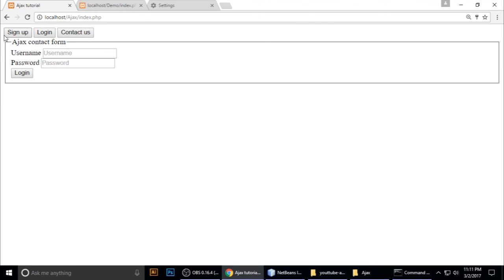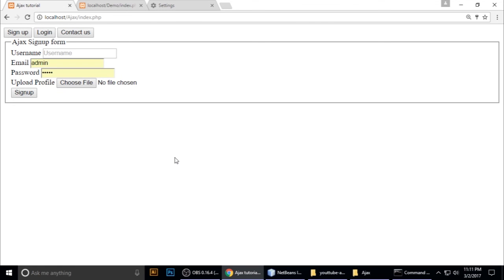Okay, so if you have a problem understanding all the functionality of Ajax, I have covered jQuery Ajax and two other different ways to put Ajax inside your websites. So if you have problems, you can write a comment, and I will try to solve those problems. So I hope you